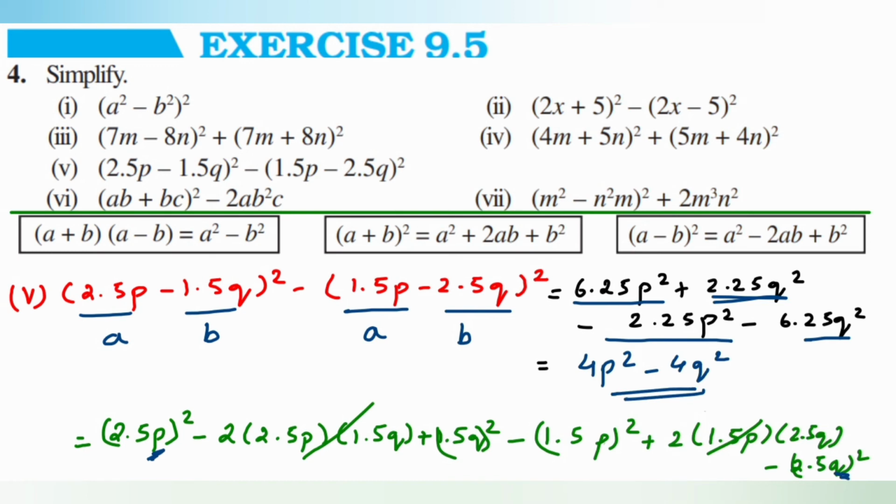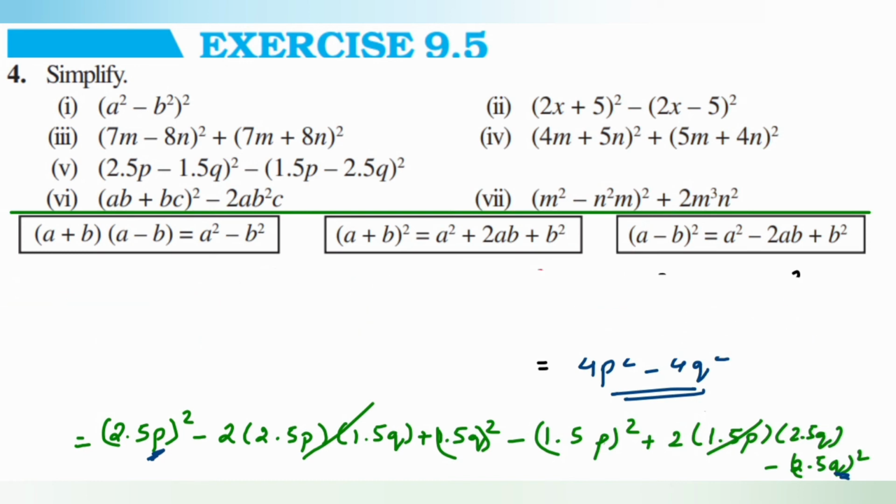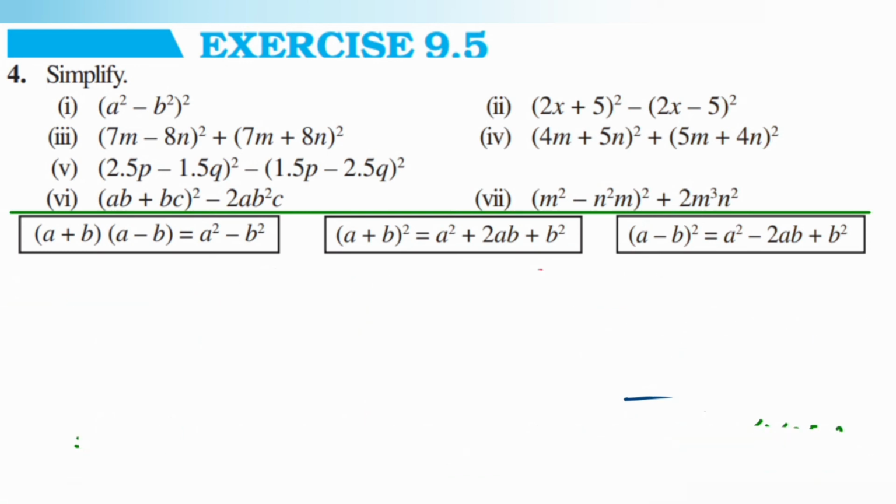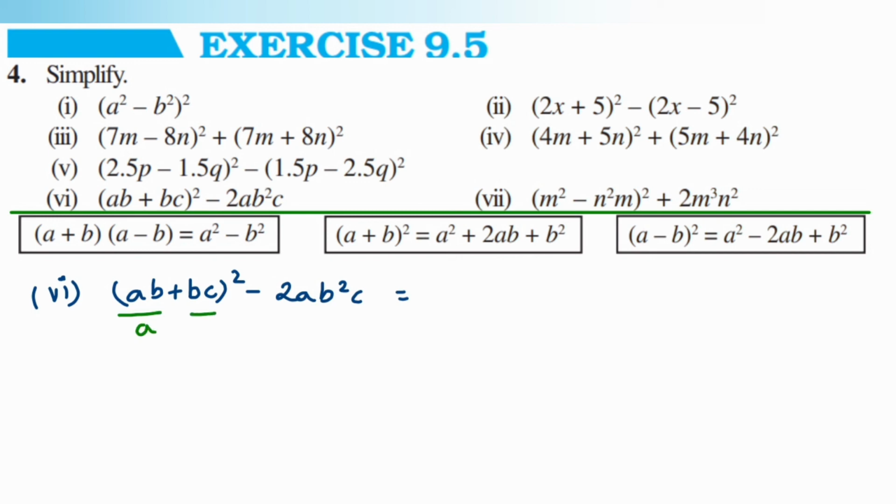Now we'll move on to the next one. That's the sixth problem. The sixth problem is (ab + bc)² − 2ab²c. So this is equal to, first we have to apply (a + b)² here, where the a value will be ab and the b value will be bc. So it's like (ab)² + 2 × ab × bc + (bc)²